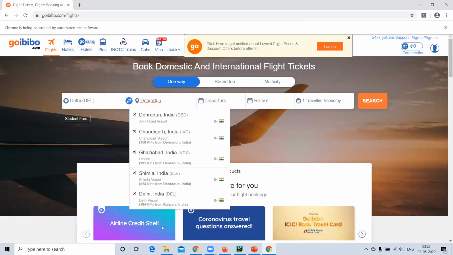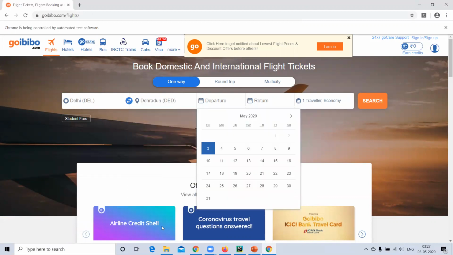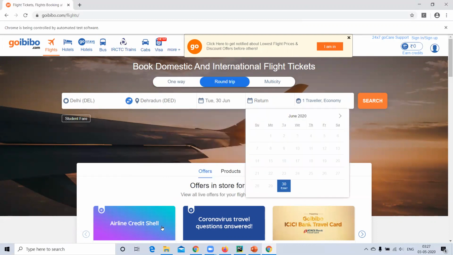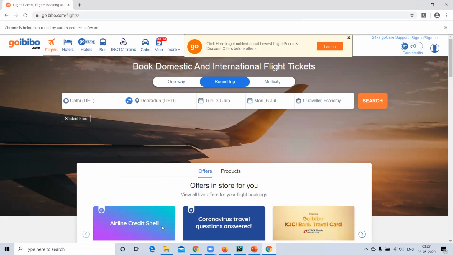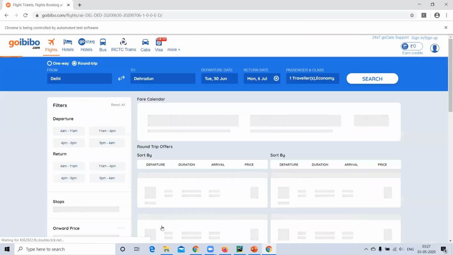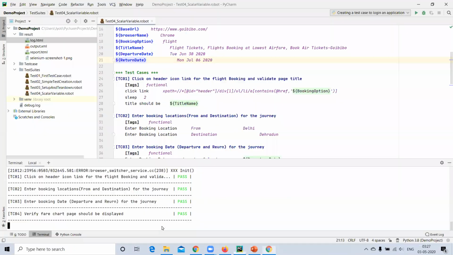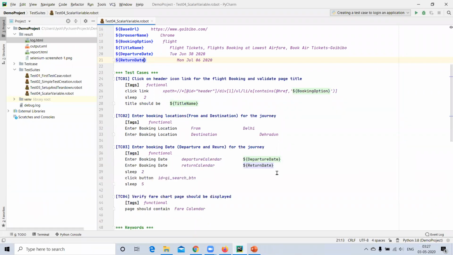Destination, then departure date should be entered as 30th June. Return date should be entered as 6th July. Then click on search button. Then it should display the fare calendar page. Okay, it's passed. As you can see,